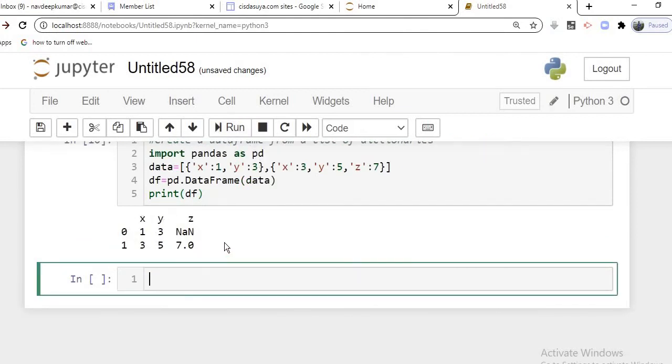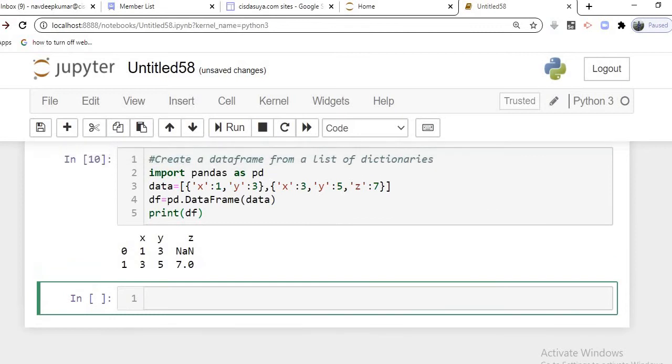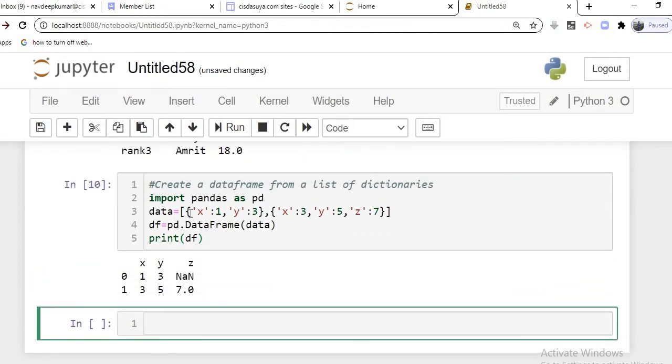And here you are finding out the values, students. You can see for the first dictionary X, Y, and the corresponding Z, we don't have a value in the first dictionary, but in the second dictionary we have the first value 3, then the second value 5, then the next value 7, because Z is missing in the first. So that's why for the corresponding Z we are having NaN here. Clear? So this is how we have made a data frame from a list of dictionaries.